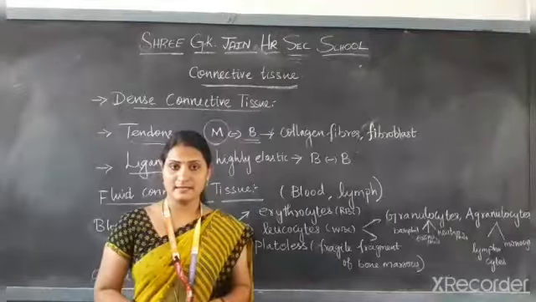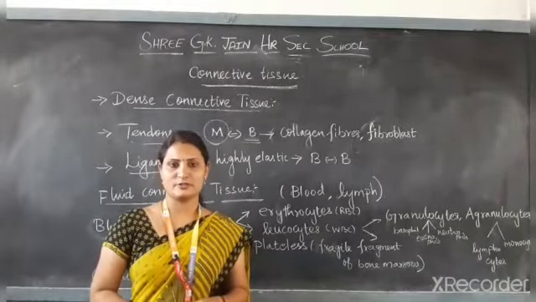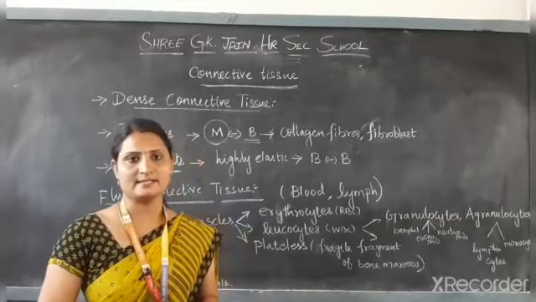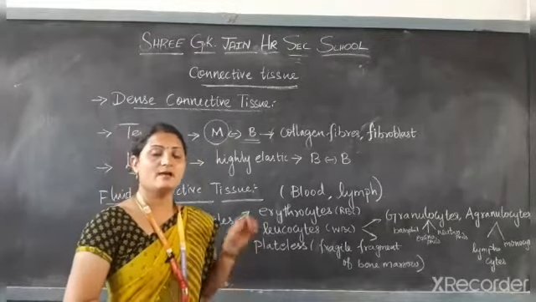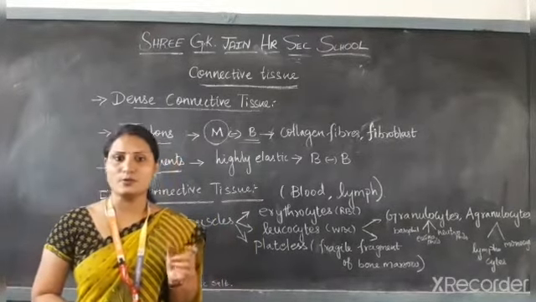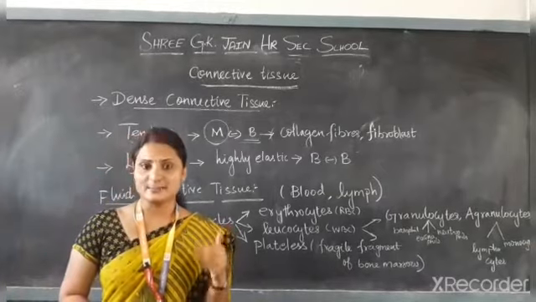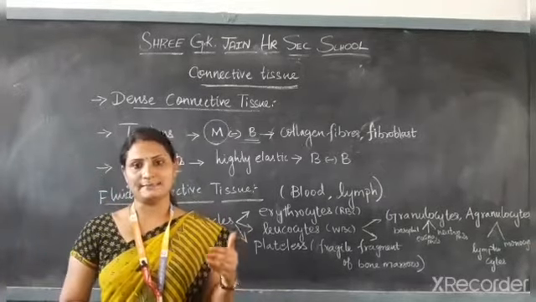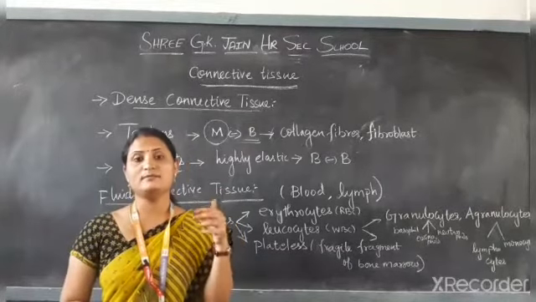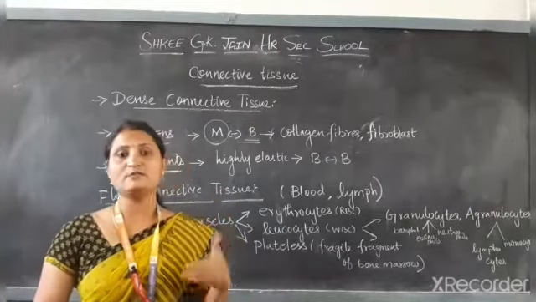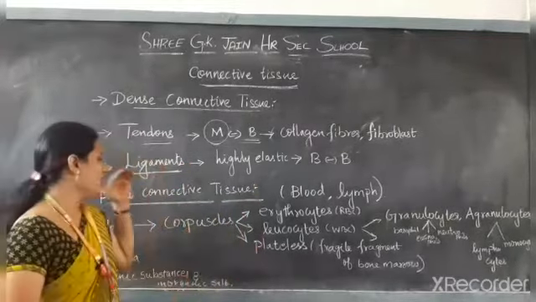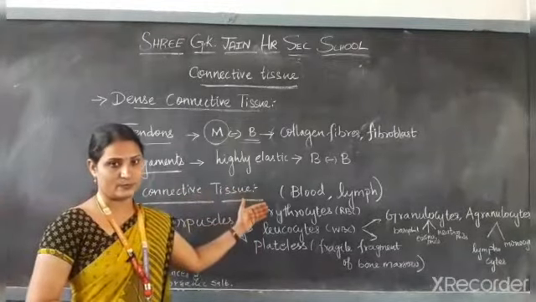Okay. Then the next one is fluid connective tissues. What is the fluid substance present in the body? Yes, blood is the fluid substance of the body, which connects all the parts together. Not only connecting, it also plays a role in transporting materials to all other parts, like hormones, oxygen and the essential nutrients needed for all the organs. These are transported by this fluid connective tissue.